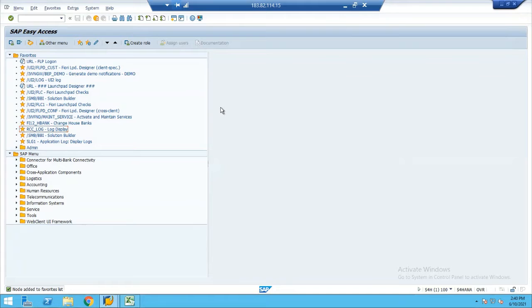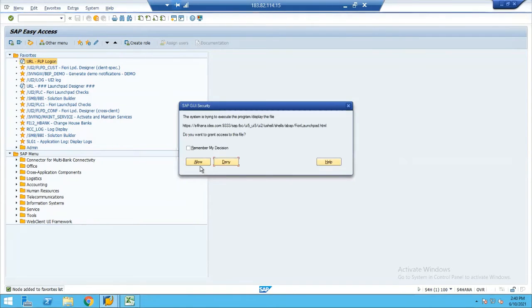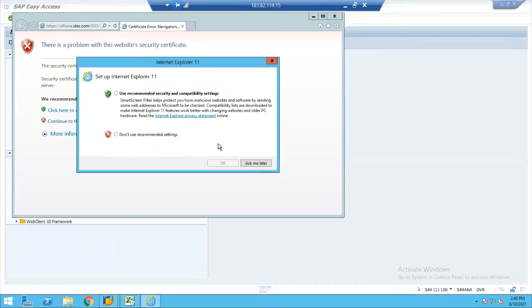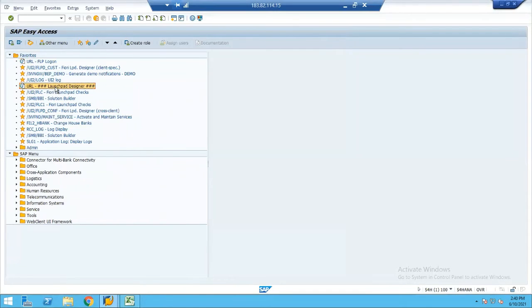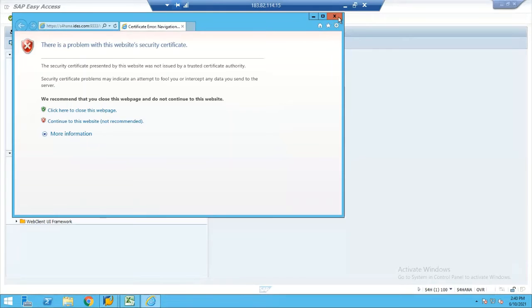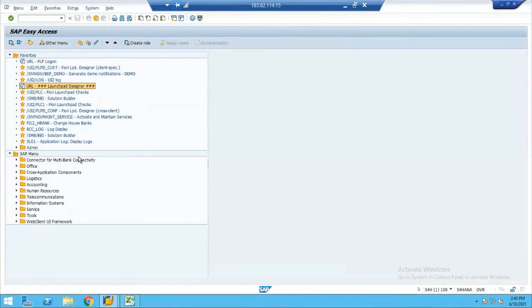On the other hand, we do have what we call the Fiori interface, right? Fiori interface. He hasn't installed the certificate, so we cannot go there. That's a different thing.